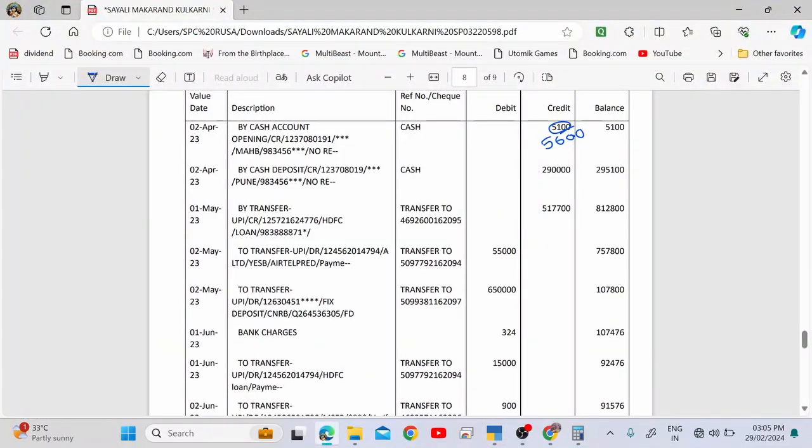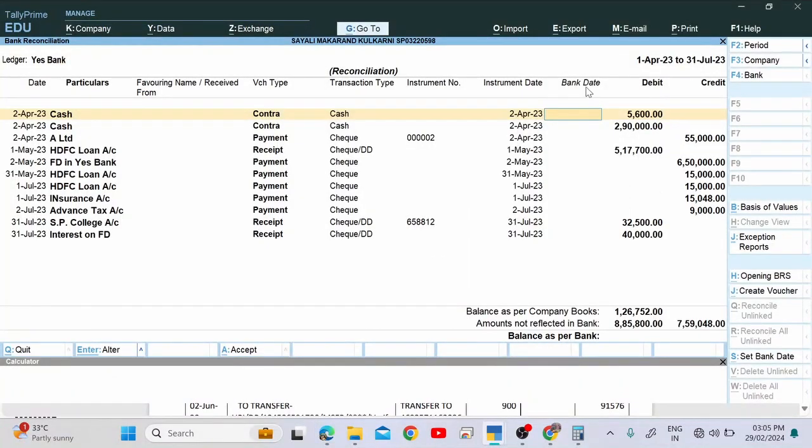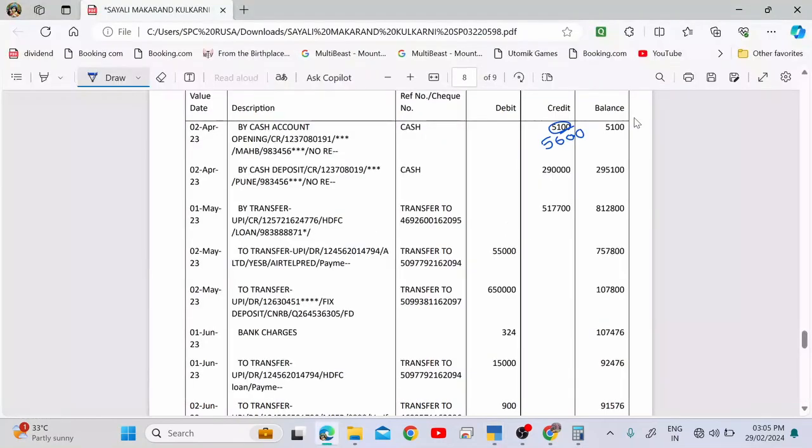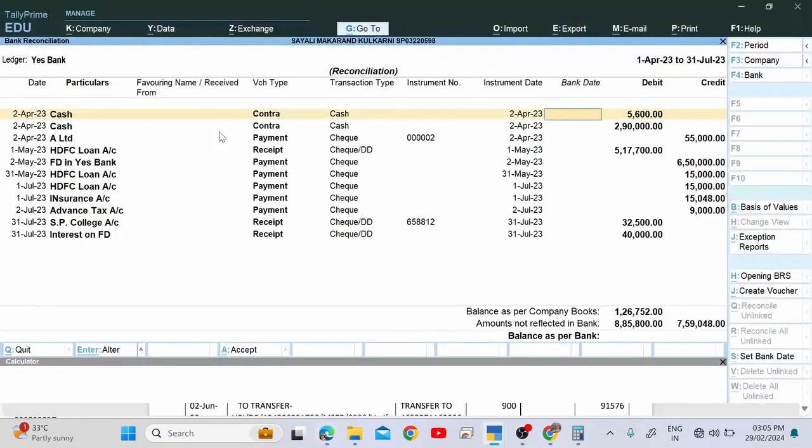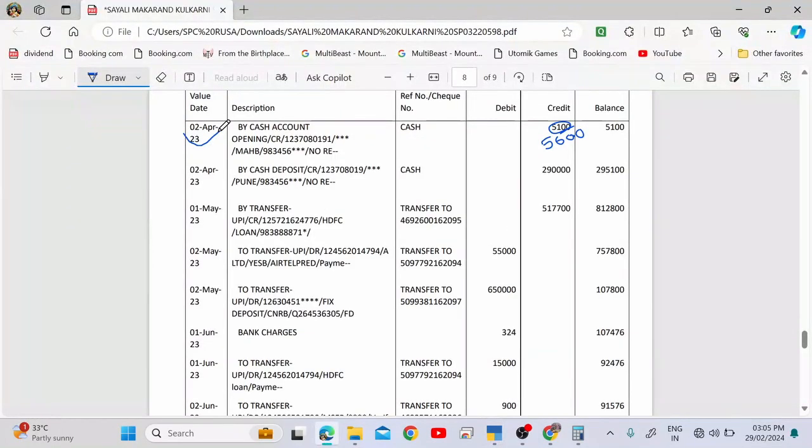And on what date? What is the bank date? Tally is asking for 5,600. For 5,600 we have the bank date as 2nd April. So simply write 2nd April here. To reconcile, no need to do anything, just write the date. Then after writing this